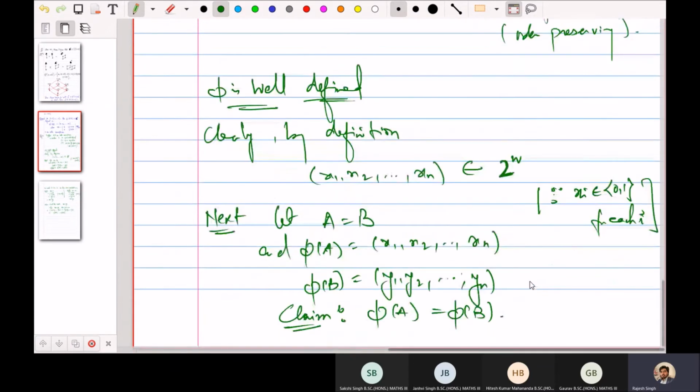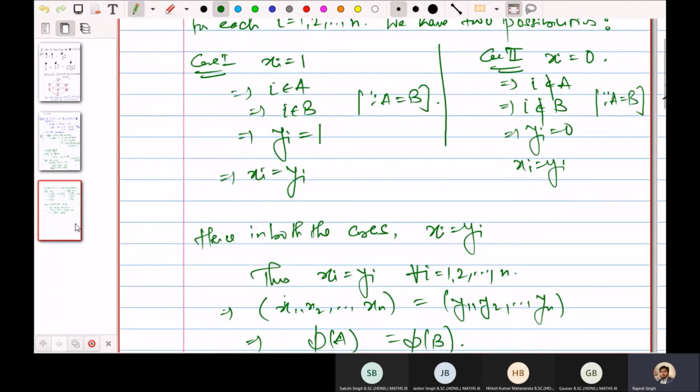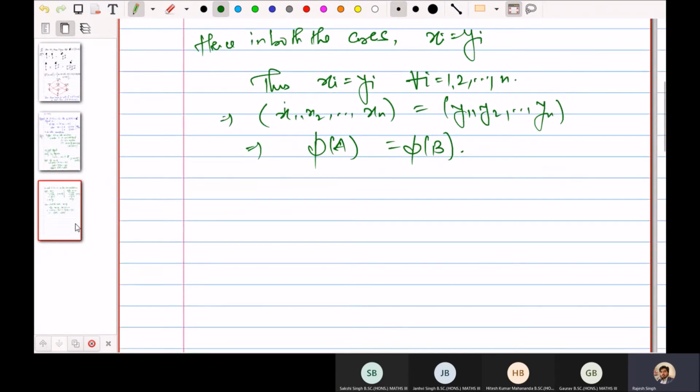And then next we have to show that if A is equal to B, then their images should be equal, because it must be a function. The definition of a function is that any one element cannot have two different images. So because we have taken the same element, we have to show that their images cannot be different. That is, we have to show that phi A is equal to phi B. Okay? So this is how we can show it. You do not need to write this in the exam. It's your choice, you can write it or not. But it's better that you know how we can show that this function is well defined. Okay, so well defined we have shown.